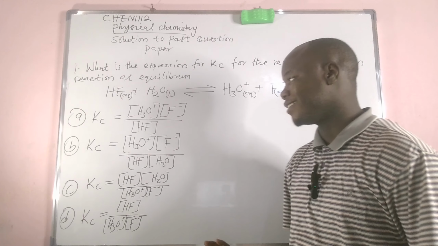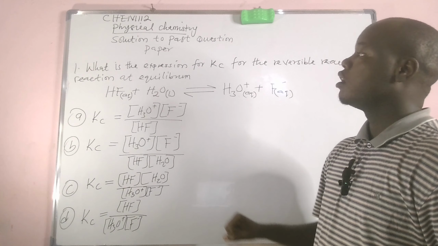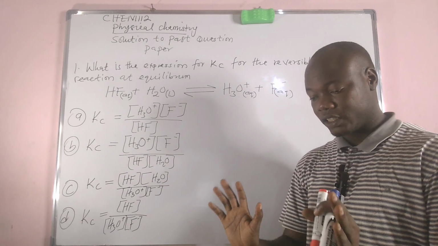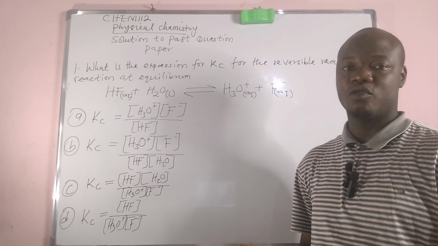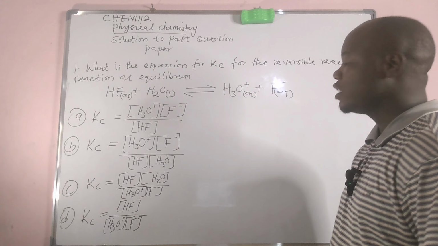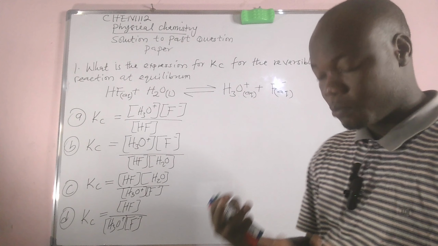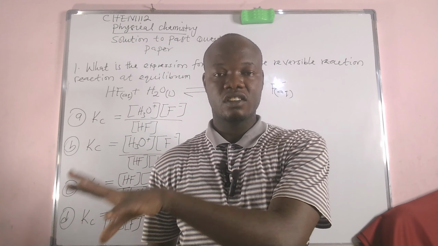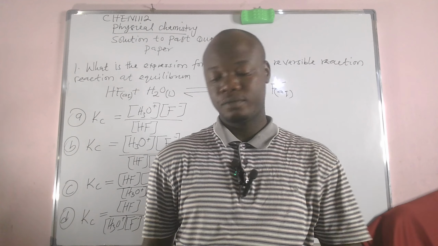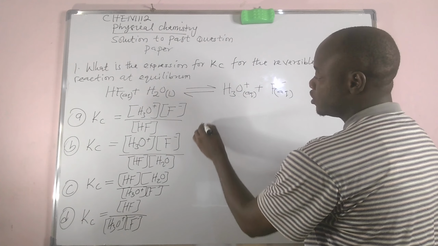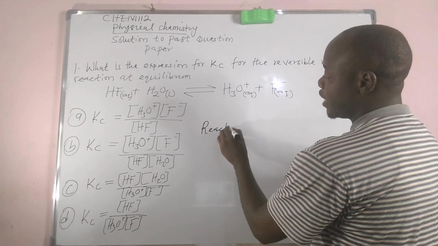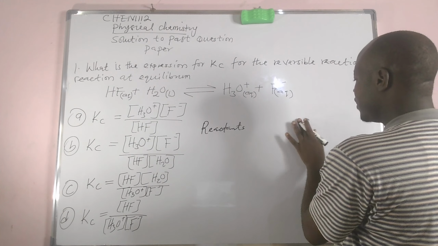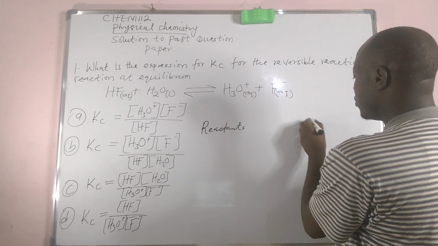So what is going to be the answer? It's simple. I think we need to look at chemical equilibrium first so that you will have a general idea of what it is. So what is equilibrium? A chemical equilibrium is a state where the concentration of the reactant and product are equal. So if you have a reaction where the concentration of reactants is equal to the concentration of the products,